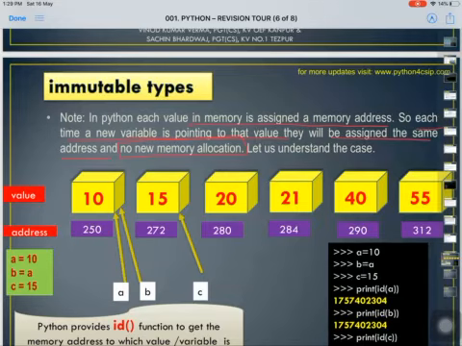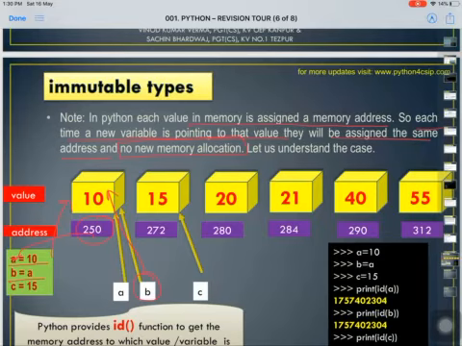So now you see the example here. When we say A is equals to 10, and this 250 is the memory ID or the memory location. B is equals to A means B is also pointing to the same memory location being referred by A. C is equals to 15.